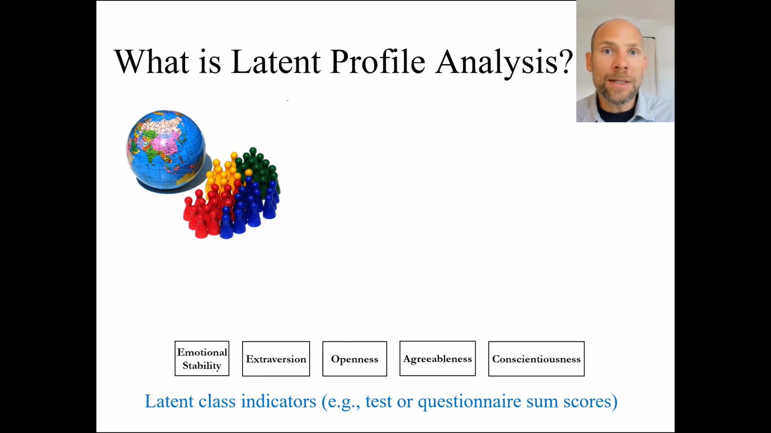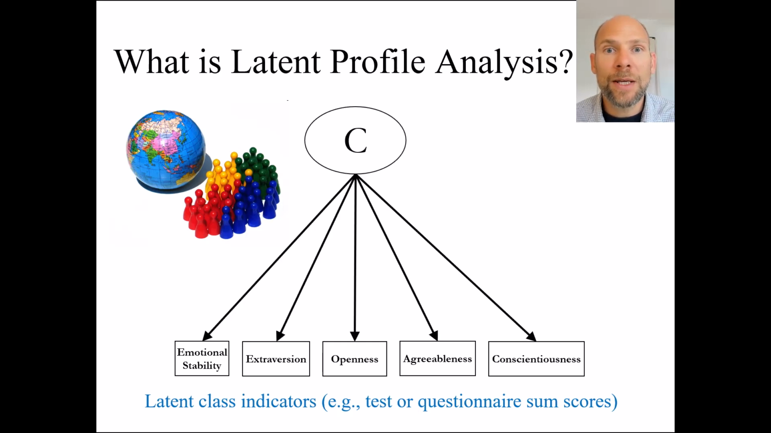And of importance in latent profile analysis, these indicator variables are continuous, or are assumed to be continuous at least. So they are metrical variables, test sum score variables, or questionnaire sum score variables that are on an interval scale level. And so the idea here is that the relationships or the covariances between those observed variables are accounted for